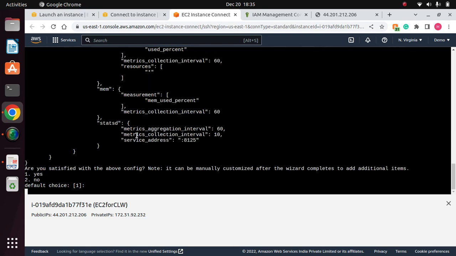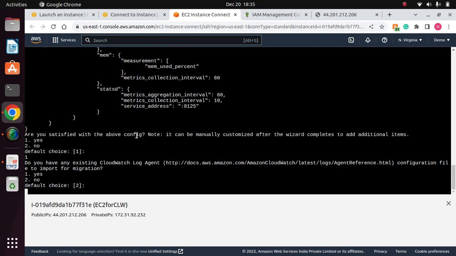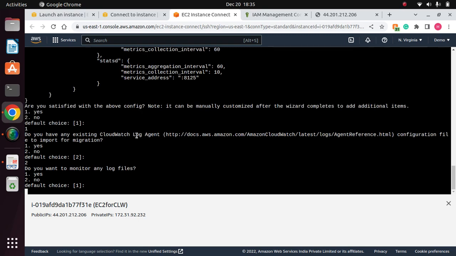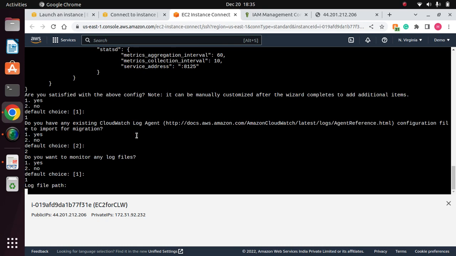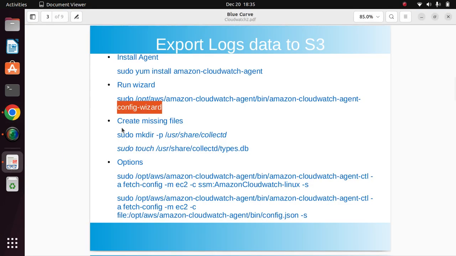So are you satisfied with the wizard completes additional item? So yes. Do you have any existing CloudWatch or migrate? So no, I don't want to migrate. Do you want to monitor any log file? Yes, I want to monitor log files, and simply go here, and